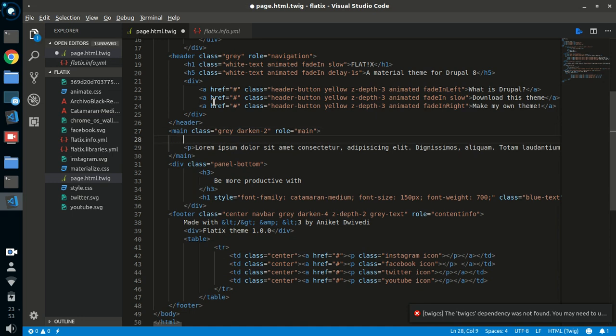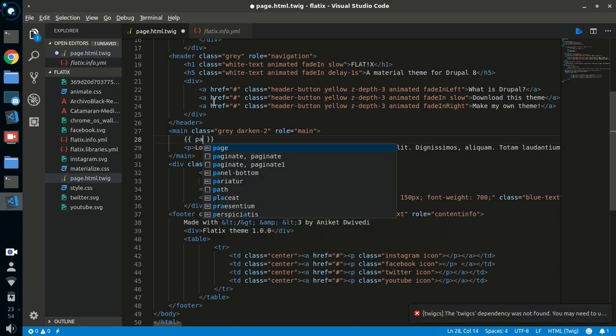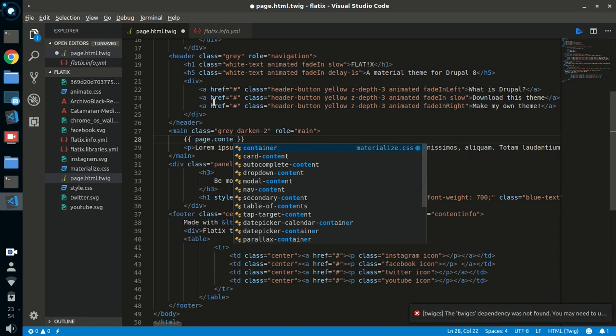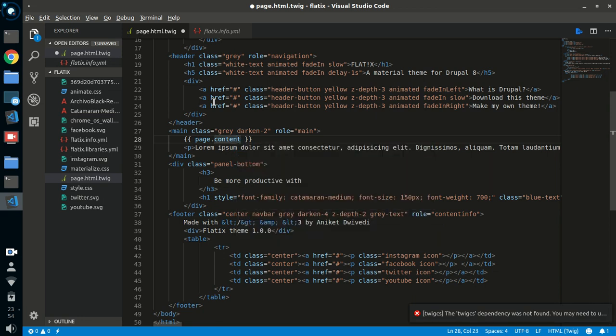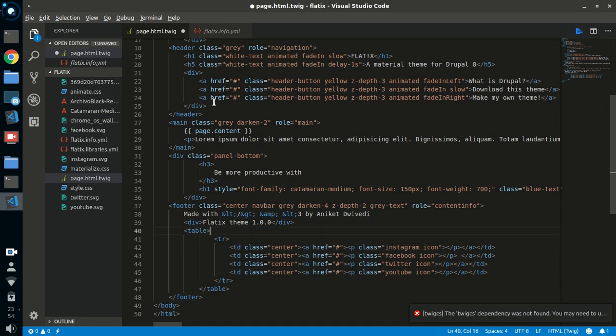So here will be our content. So just type in here page dot content. So this will render the content, and after we are in the footer,